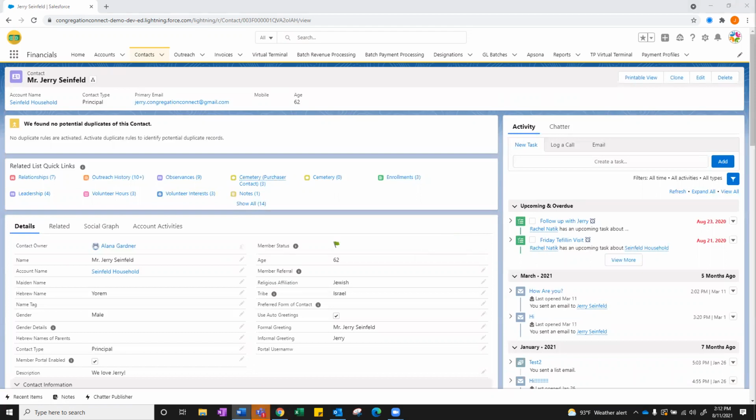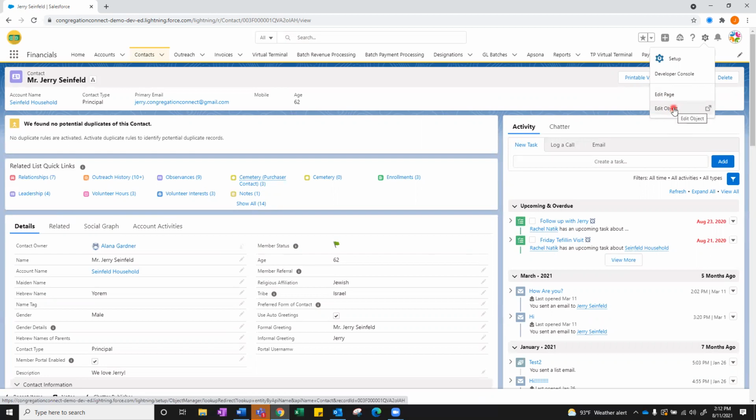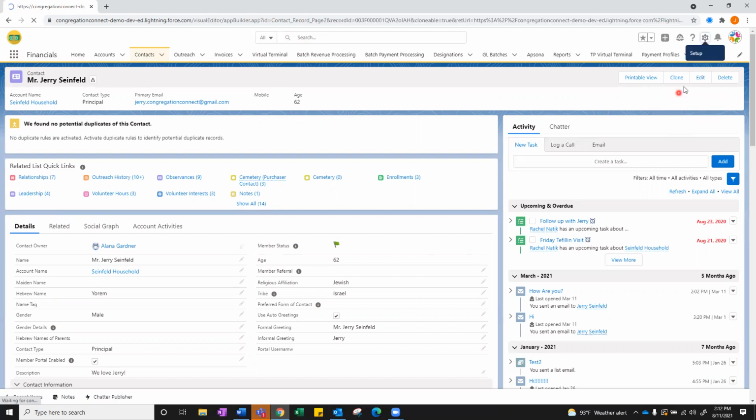Now let's take a quick look at how we can customize things on a record. Right now, again, I'm on a contact page. If I click on my gear icon under setup, you'll see I can edit the page or edit the object. Because I'm on a contact record, I can edit this page or I can edit the object, the contact object. Now, if I click on edit page,